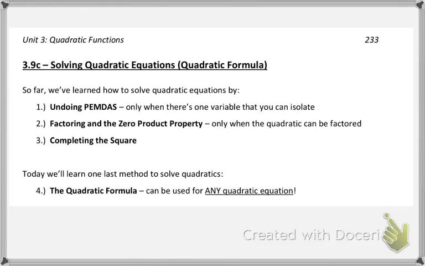Hey guys, so yesterday we reviewed solving quadratic equations using the three methods that we've gone over before vacation. That was by undoing PEMDAS, only if there's one variable in the equation that you can isolate. And if you can't do that, then we can factor and use the zero product property, but this is only if your quadratic can be factored. Right? And then the third method we used was completing the square, which we know we can always rely on. And when you are solving the quadratic equation for x, assuming that y is 0, remember we're just looking for